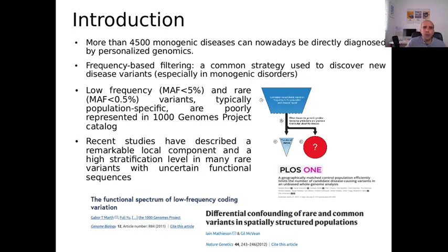This generation of knowledge has been especially significant in diseases with high morbidity and mortality caused by highly penetrant variants. In fact, more than 4,500 monogenic diseases can nowadays be directly diagnosed by personalized genomics. Among the strategies used to discover new disease variants, especially in monogenic disorders, frequency-based filtering has demonstrated to be a very useful tool. Why? Because variants that are